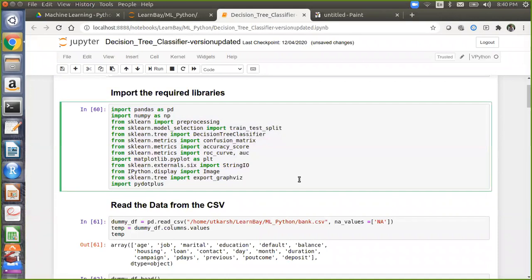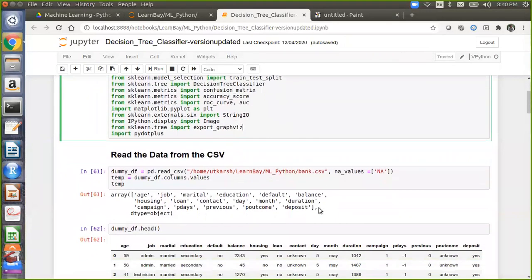Now I will give you the skeleton structure for this code. You have to improve the accuracy by doing different kinds of exploratory data analysis and hit and trial, which we will discuss later, at the end of the code, about what you have to do.